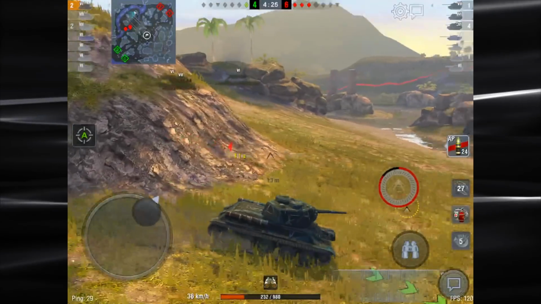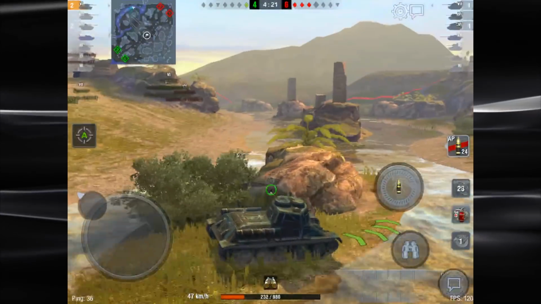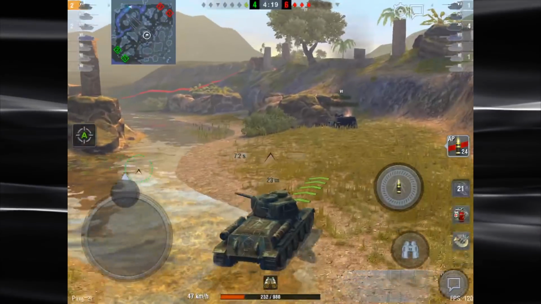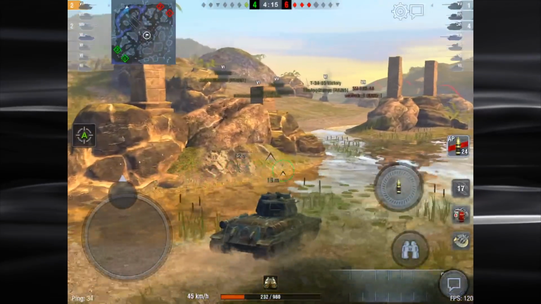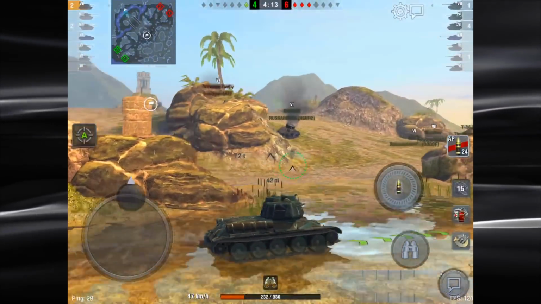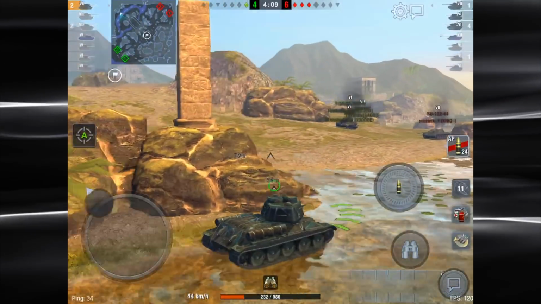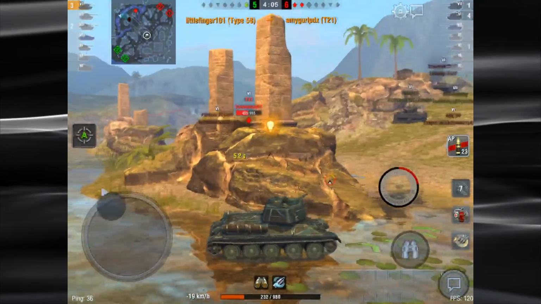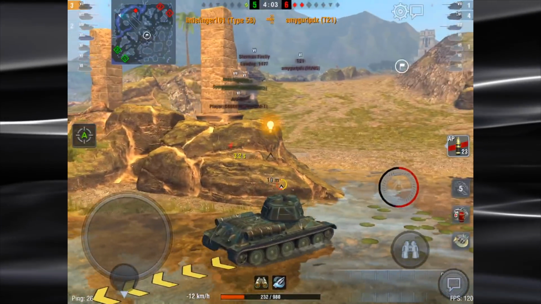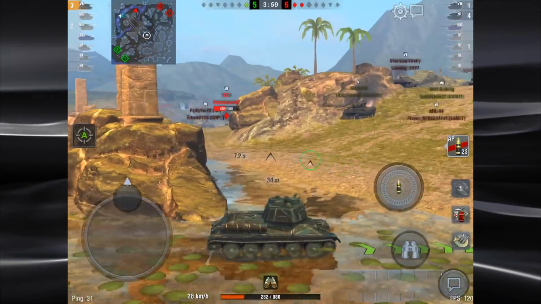So trying to figure out what my escape plan is here. How do I keep them from basically circling me on both sides? I don't want to be down here in the water because you can't turn, you can't move as fast. So lucky this T-21 crests the hill too far and I get a shot in on him. So now we've got a chance at this point in time,